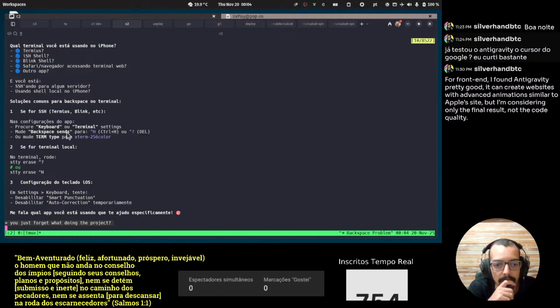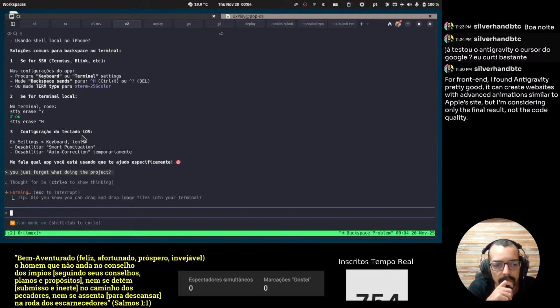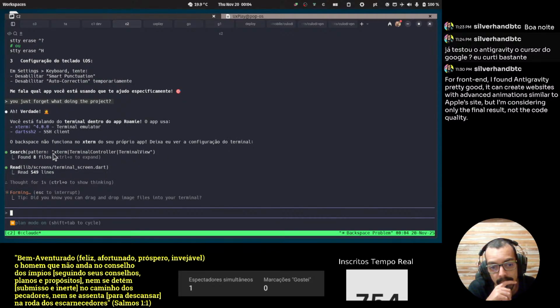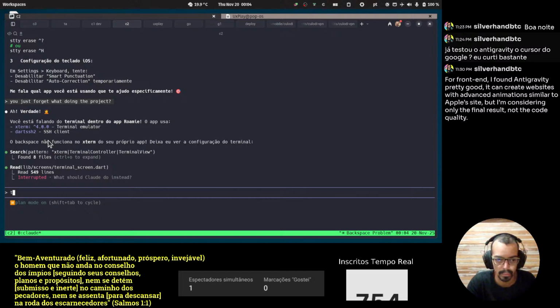Okay, he said it works in Android. But return, space and keys work. Control plus something similar. And